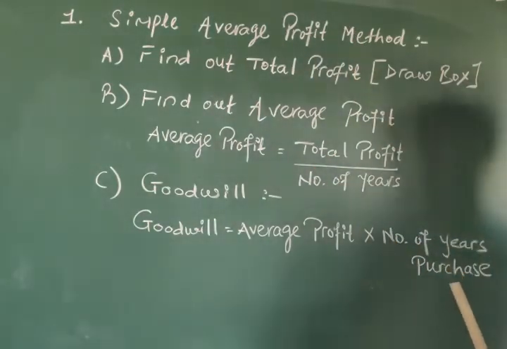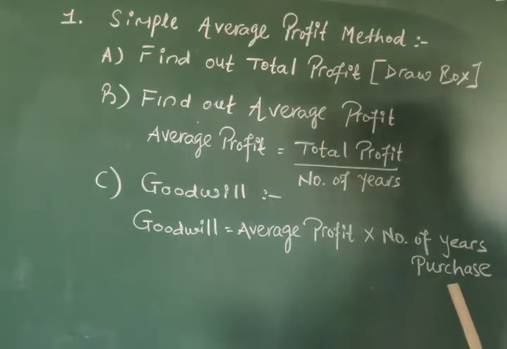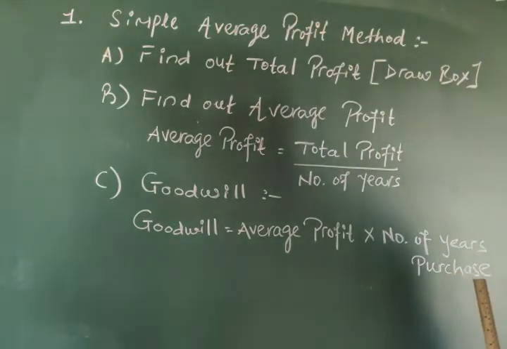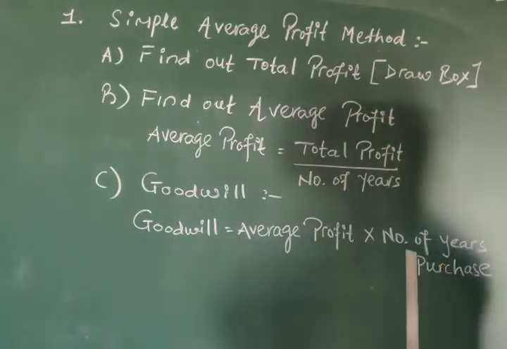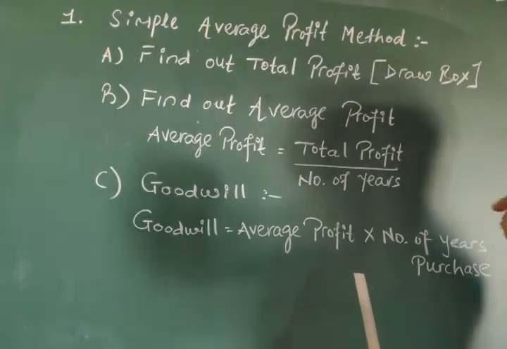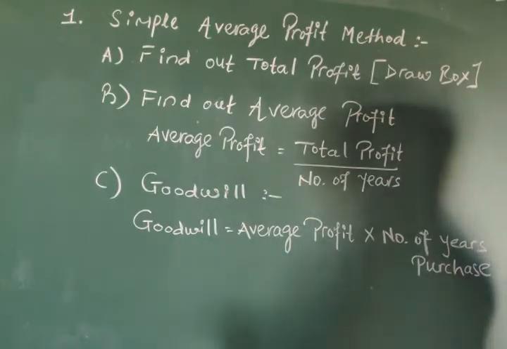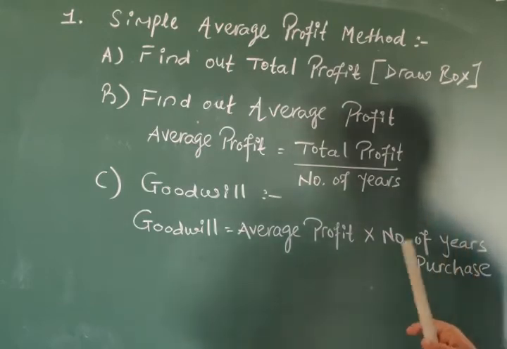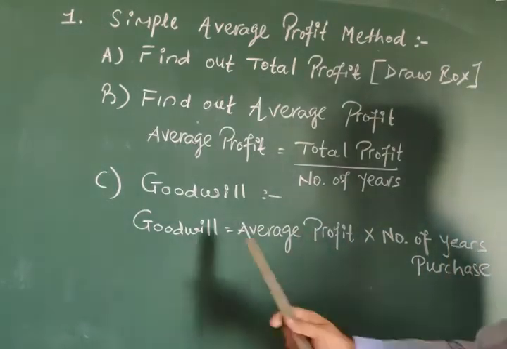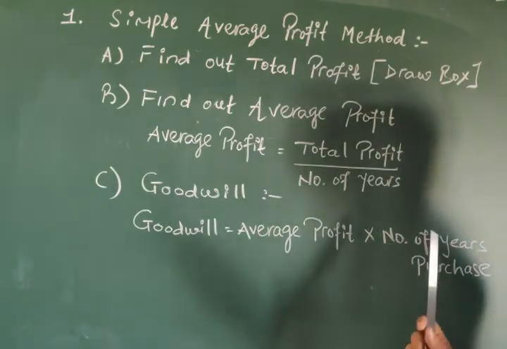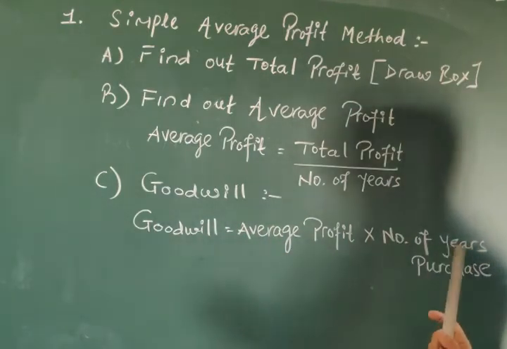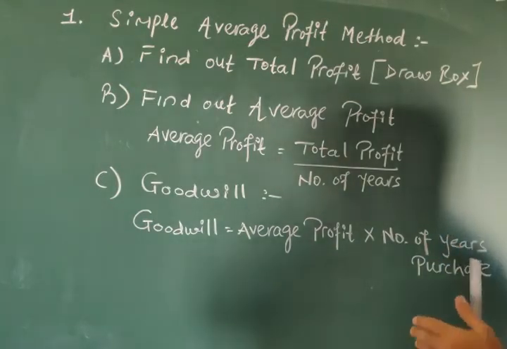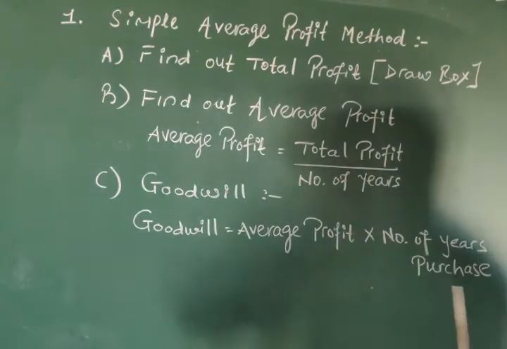Do take care of the concept of number of years purchased. Don't forget the concept. A person like me may ask as a very short question what number of years purchase suggests. At that time, you may have a problem if you don't know the concept. If you know only the formula and write only the formula, you will not get any mark. So do remember the concept of number of years purchase. If you still don't get it, you can rewind the lecture. Still if you don't, you are always welcome to ask the question.